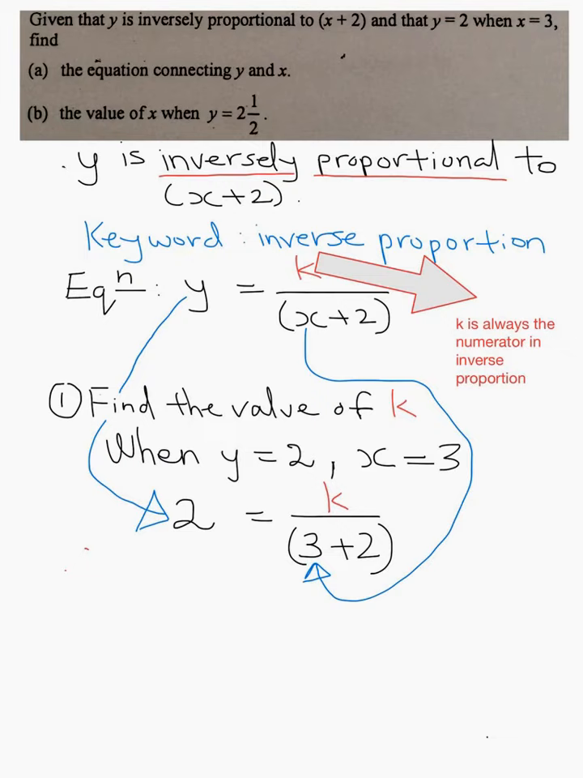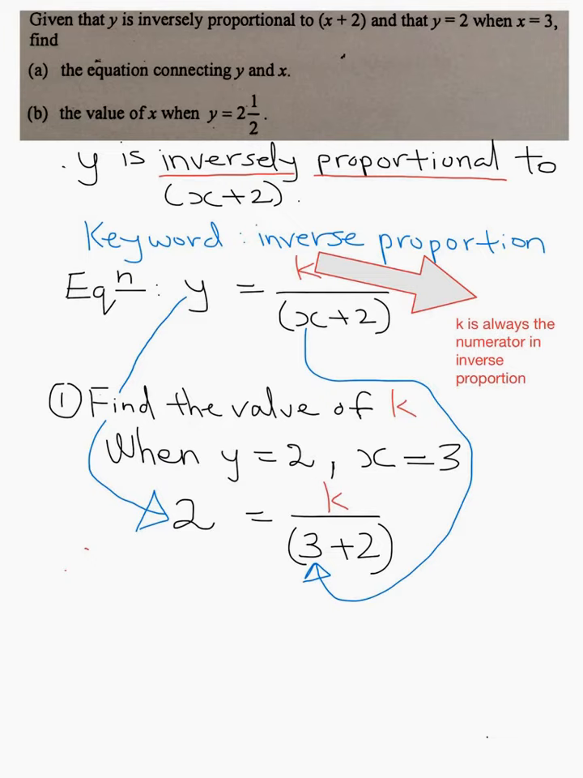So this is a question of inverse proportion, and in inverse proportion, you always have to remember that the k is the numerator in the equation. In all proportion questions, the first thing you have to find is always the value of k. Now given the clues in the question itself, it's given that y equals 2 and x equals 3,